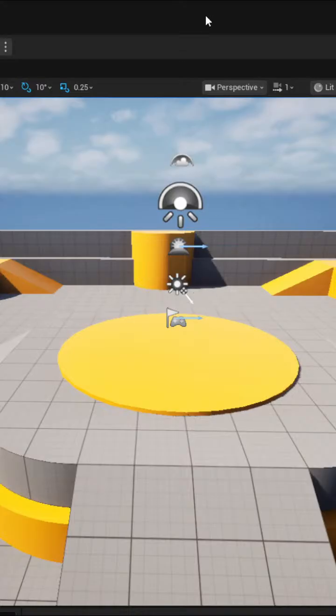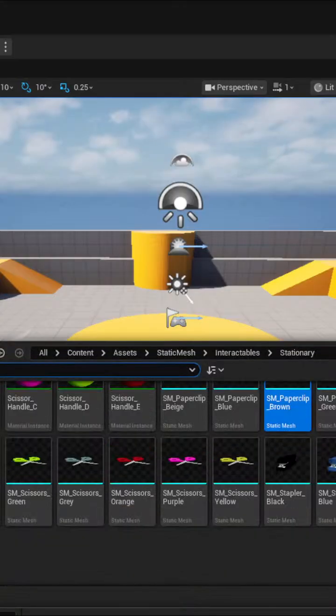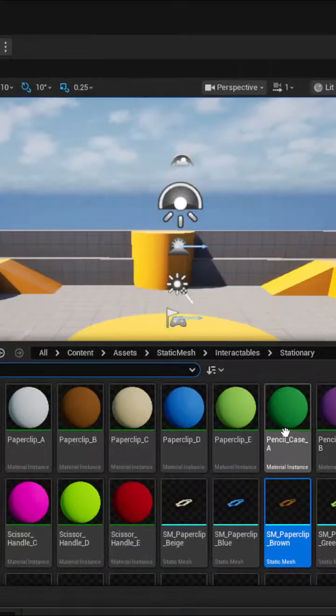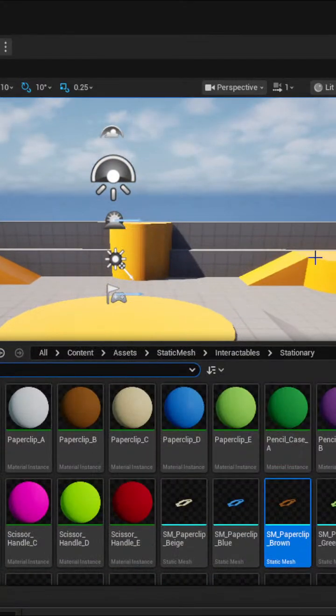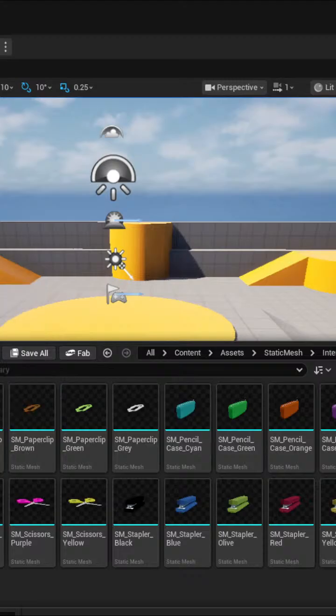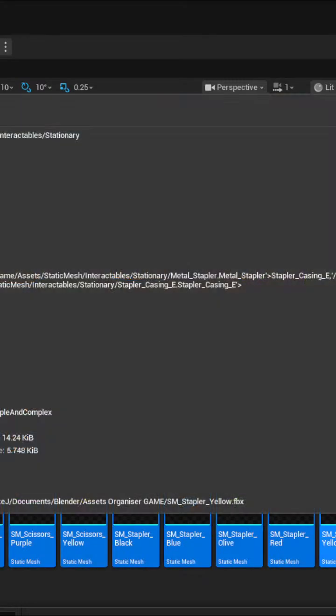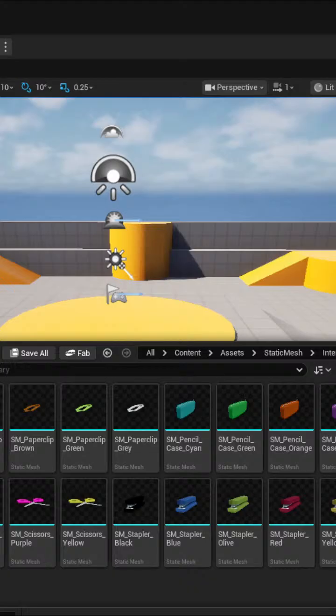So the first thing we want to do is filter this by static mesh. So I should have 25 items. Yeah. And what we're going to do,